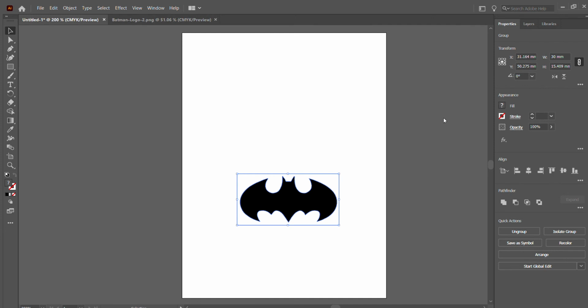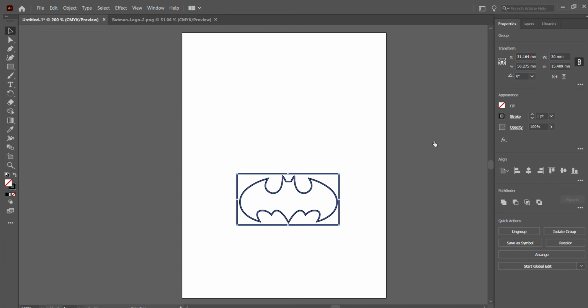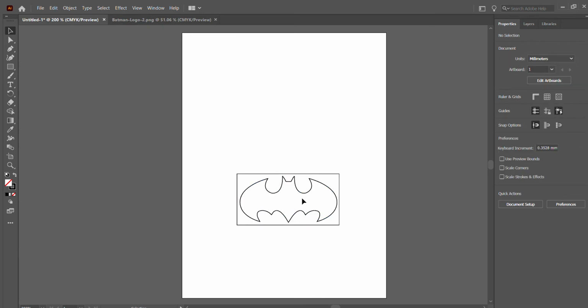So I'm going to click on fill, and I'm going to go, I don't want any fill. I don't want it to be coloured in at all. I just want to be able to see my lines. I actually want to see my lines though, so at the moment there are no lines. I want to change that to being black so I can see it. And this size of my line over here, I want to make that as small as possible. Okay, so 0.25 points, and if I click off of it, now I can see that I've got some outlines